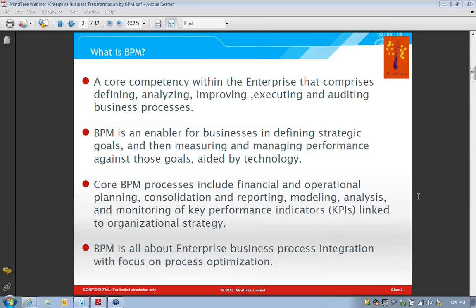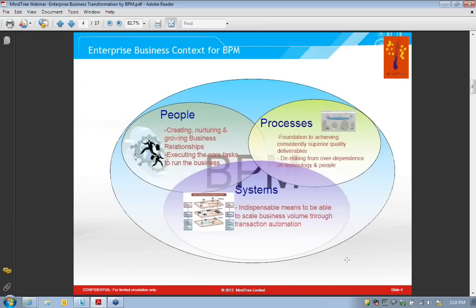So a brief answer to your query is that it's for business process integration, but the focus will be on process optimization, that is, whether the resultant process landscape is optimized or not in terms of number of steps, in terms of a sophisticated view for monitoring key performance indicators, and so on and so forth. During the course of this discussion, it will become clearer to you and we can discuss subsequently. Moving on to slide number 4,